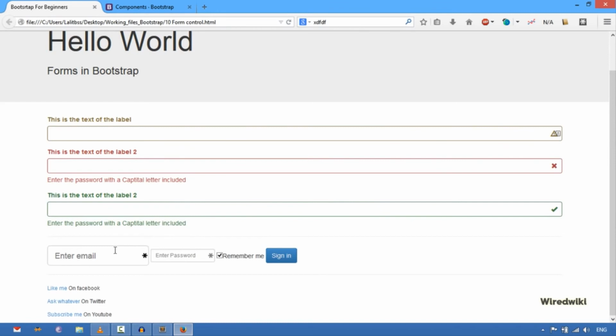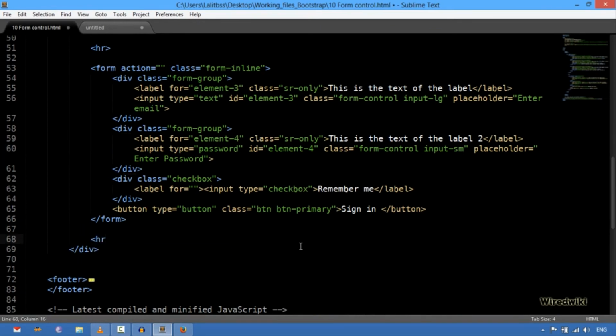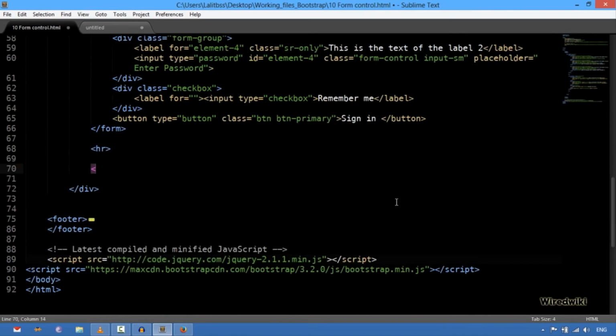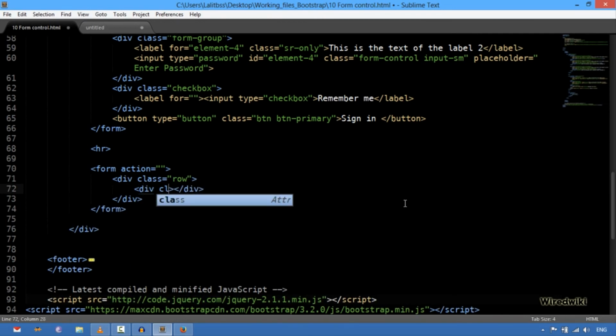We can also control the wideness of these inputs, these labels. For example, I'm going to create another form. So after the button, I'm going to add another break, and I'm going to create a form action. And inside this, I'm going to create a div with a class of row, div with a class of, let's say, col-lg-2,